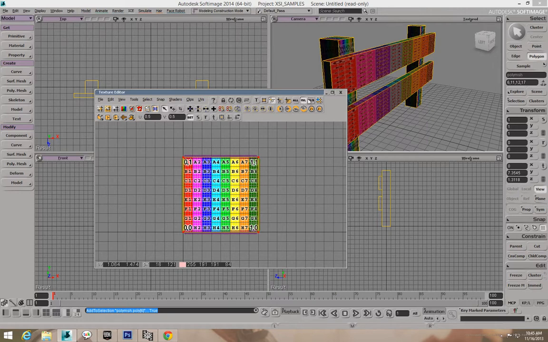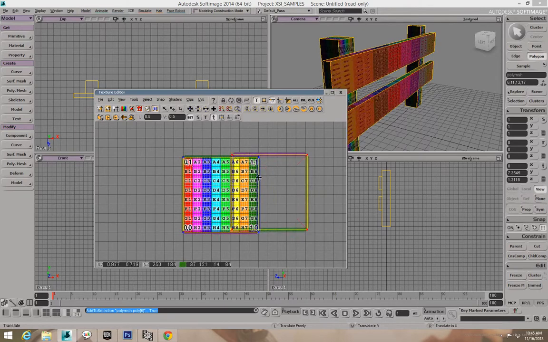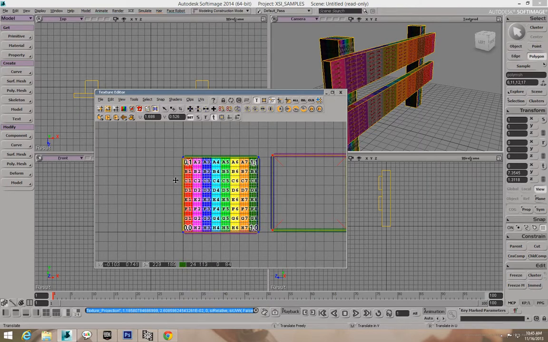Firstly, we have these two buttons here, the tear tool. So it's like you're tearing a piece of paper from something. And we're going to use the translate tool, and we're going to move this off here. So now you can see that we've torn this from the main UV over here, and it's now its own